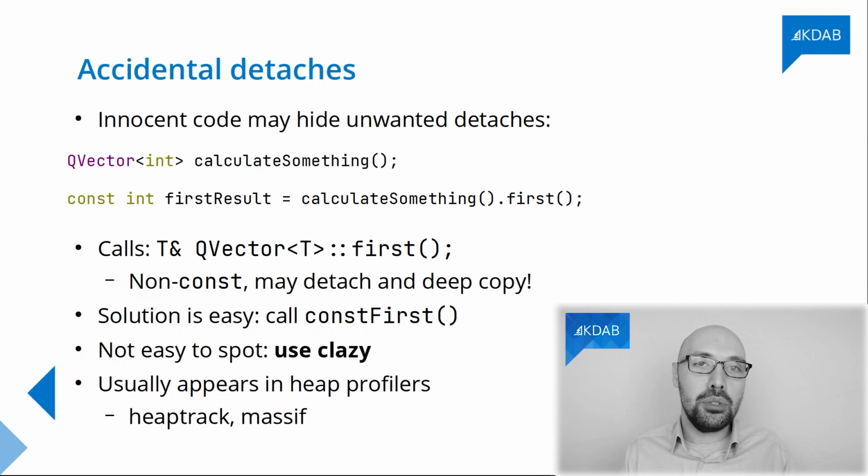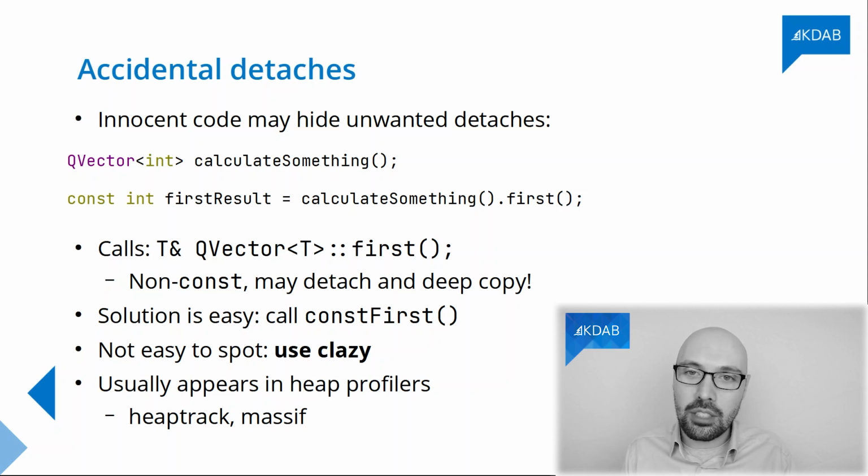One of the issues that it's able to detect are calls like this first right here. Calls to non-const functions over Qt containers, where these calls may hide an accidental detach. If that happens, this tool is going to suggest you don't use first, because first is potentially detaching. Use another function called constFirst. That function does exist, just as I said it, constFirst, and that function is always const, so it will never detach.